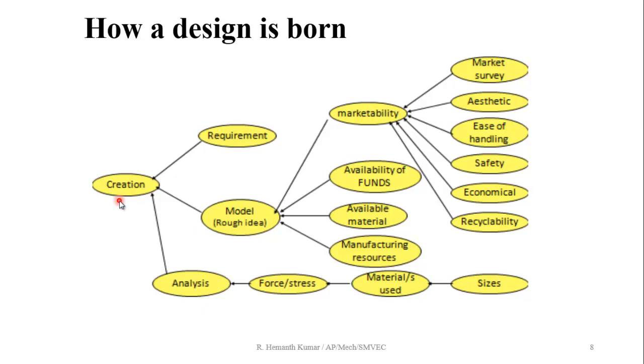Already we have to factor in the material which we are going to use for that particular machine or for that particular component. You understood what I am saying? We have to factor in many factors, that is, existing users, funds that we are having, then materials, then resources we are going to use for the manufacturing of that particular component.